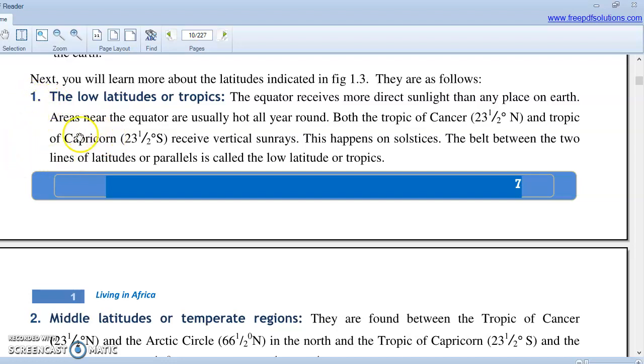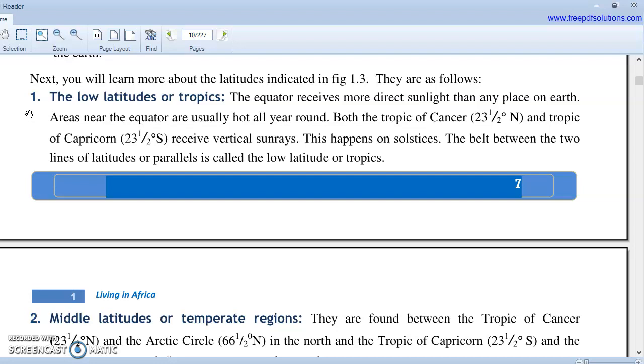The Tropic of Capricorn is the one in the south. The Tropic of Cancer is the one in the north. So on the solstice they receive vertical sun rays. So the area between the Tropic of Cancer and the Tropic of Capricorn is called the low latitudes or the tropics. As we all know, and as we said in the last video,